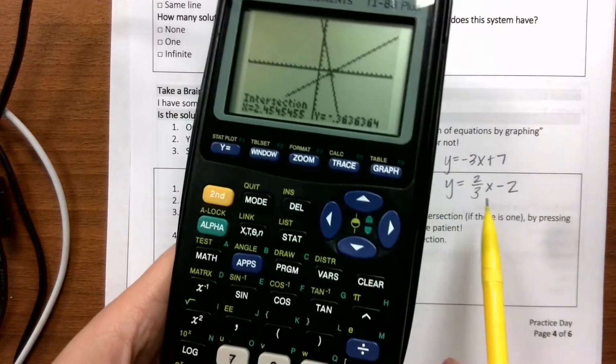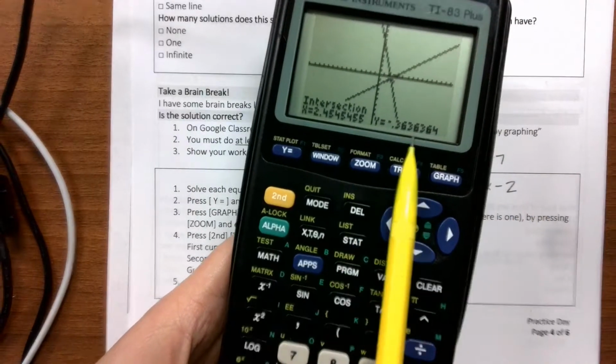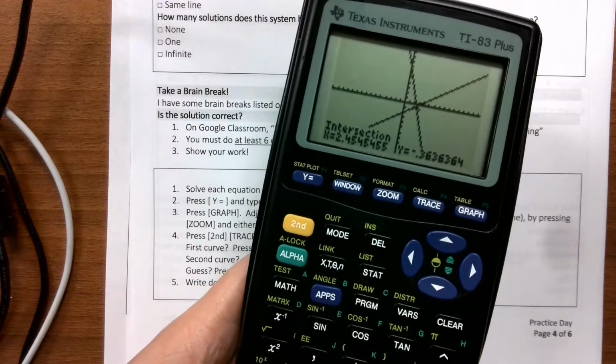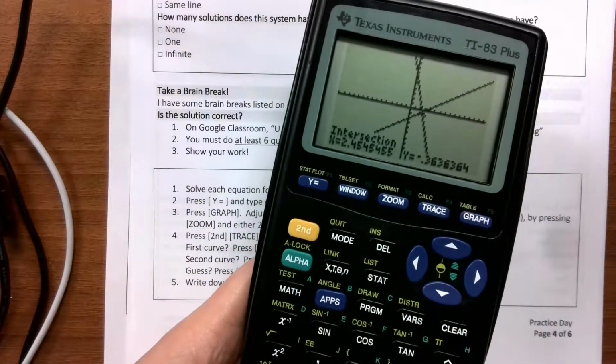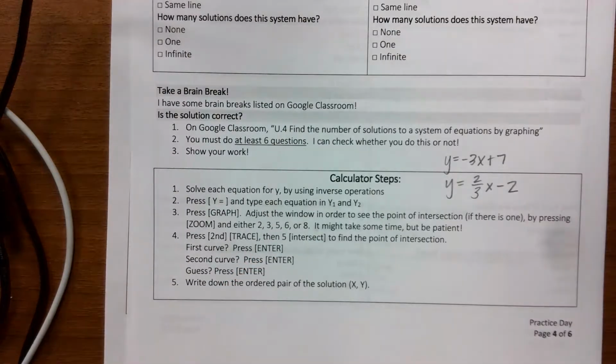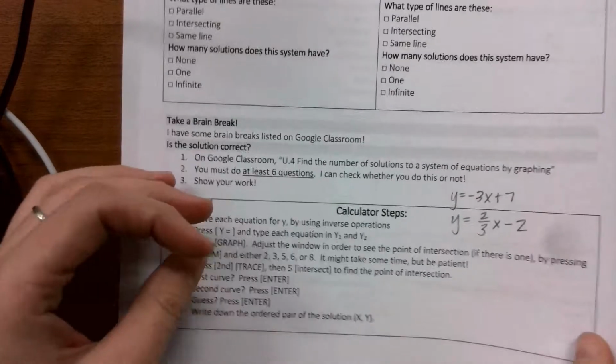Now I just randomly made up these equations, so that's why the point looks really funky. It has a bunch of these decimal answers. But in IXL, they will be much neater, and you'll be able to tell if the solution is correct or not. And that's how you do it in the calculator. You're going to try 6 of those. And after you finish all 6 of those by showing your work in your packets,